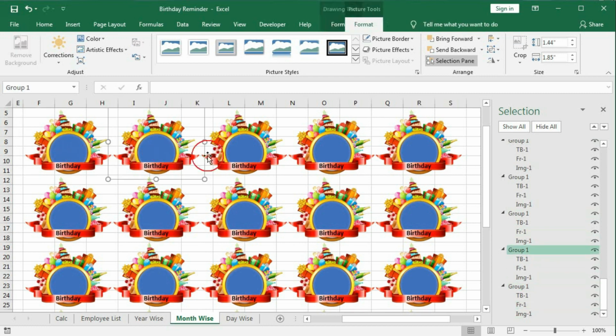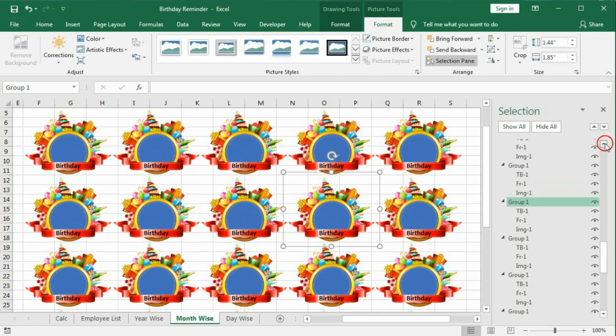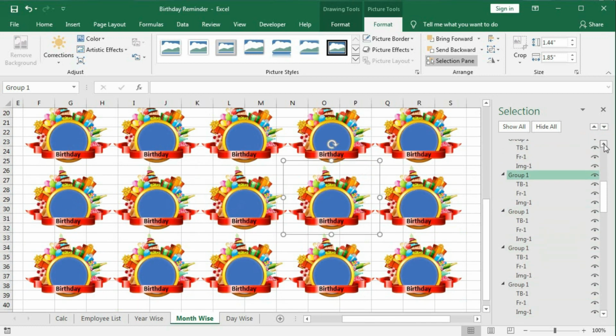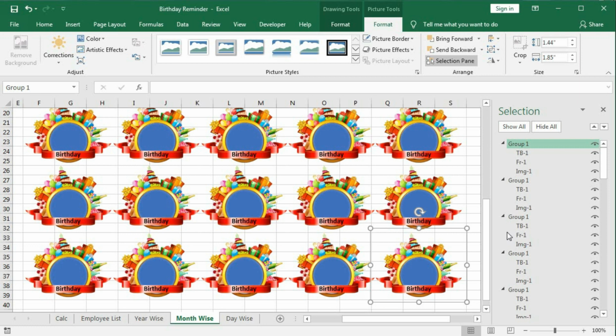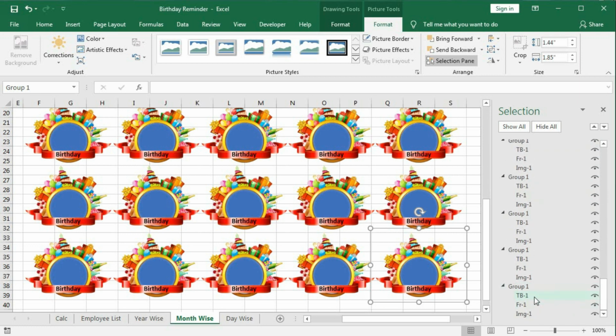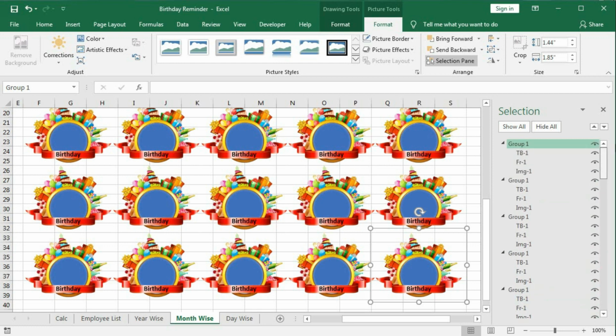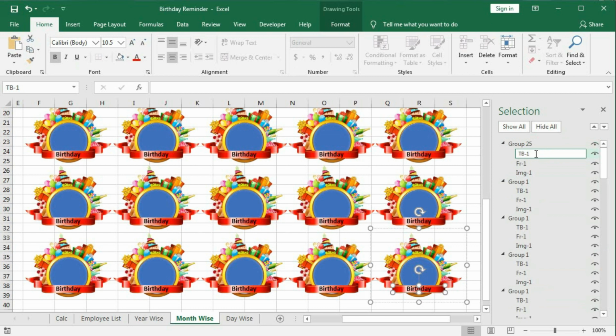Let's check this once, are they sequential? Yes, all these are in sequential manner. So from below you can start from 1, 2, 3, or you can start from the beginning 25, 24, 23 in this way. So let's start from here 25, then here also 25, then 25, because this is group number 25, the last one,